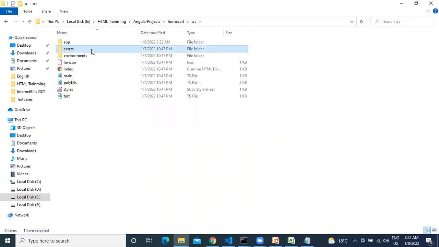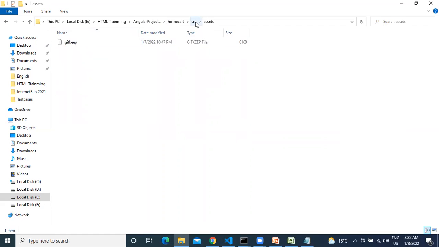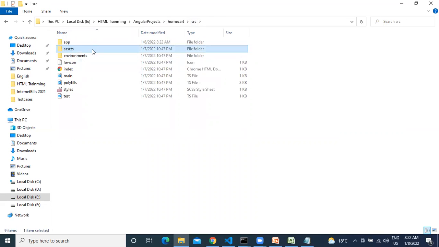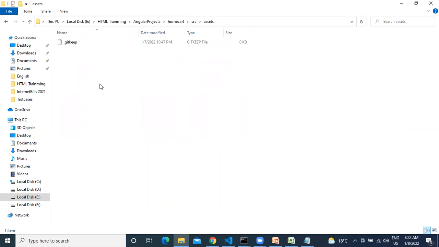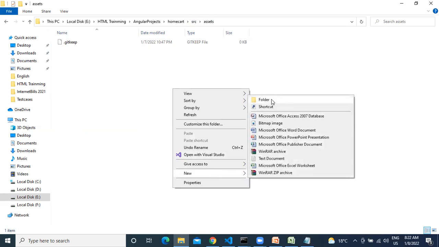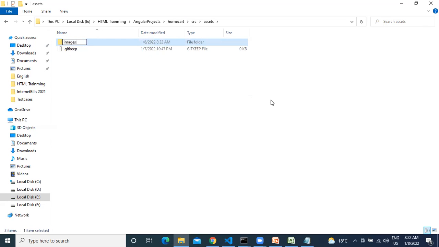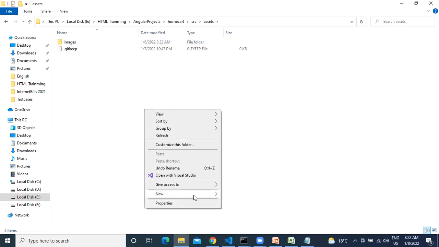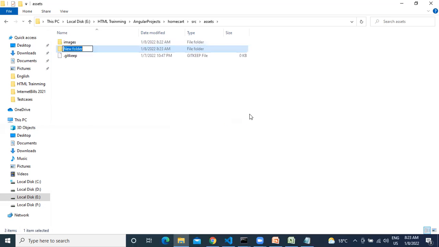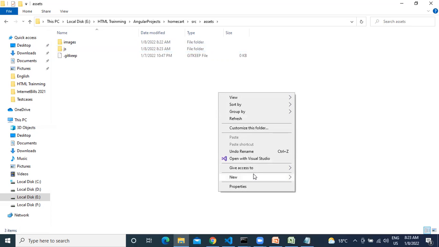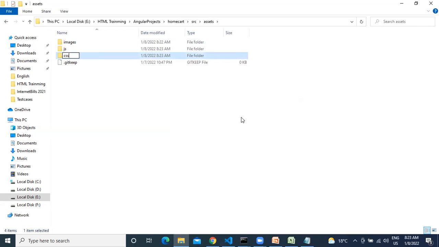Here we have the assets folder, right? Hope everybody is following, new members and all. If the meeting got disconnected, please rejoin. Inside assets, you can create, for example, Bootstrap. Bootstrap is a third party library. All of it needs to be kept here. Create a folder, images, as I need to add images. Next, folder JS. Next, folder CSS. We need to add these files.